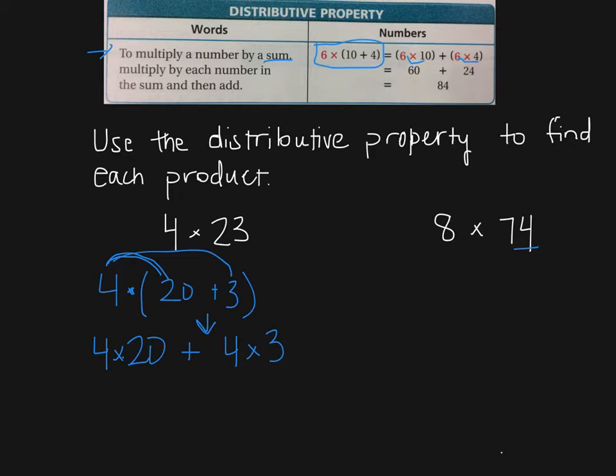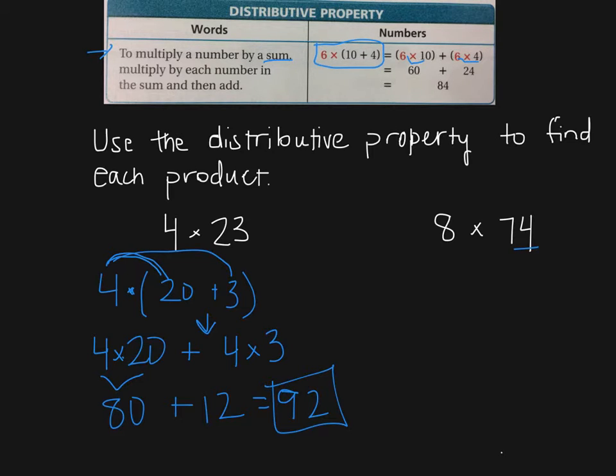Now I can solve this. 4 times 20, and that would give me 80, plus 4 times 3 is 12. Now the point of this is I can do 80 plus 12 really easy in my head. I know that's 92. Okay? So what this is trying to help with is that if I say, well, what's 4 times 20? That's 80. What's 4 times 3? That's 12. 80 plus 12. So it's trying to help you to be able to do this in your head